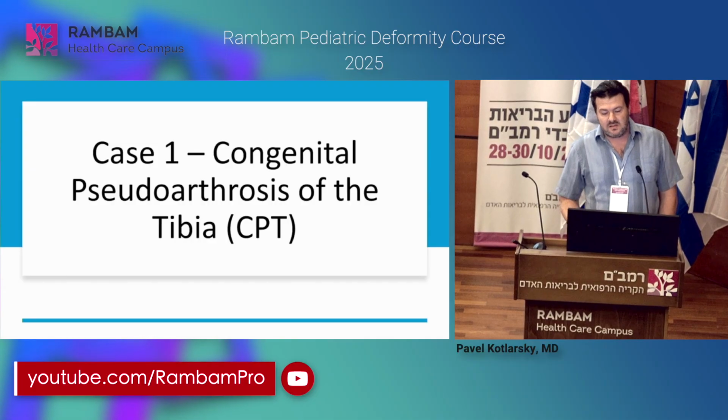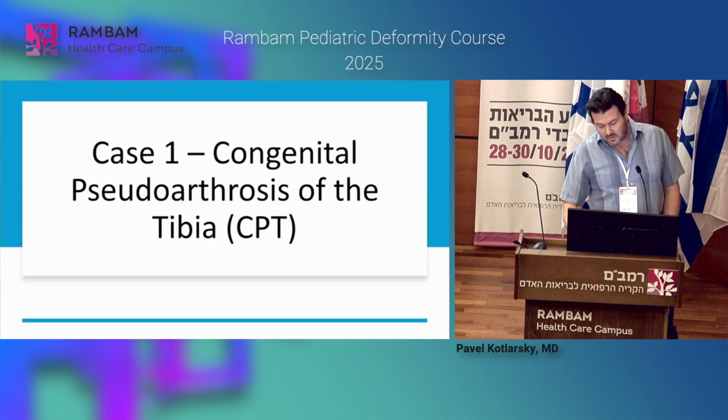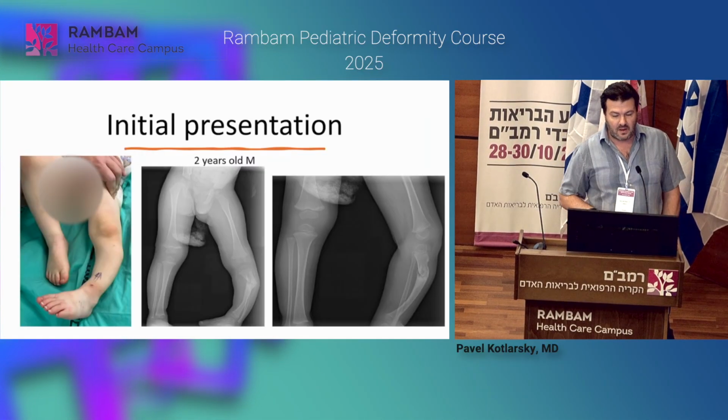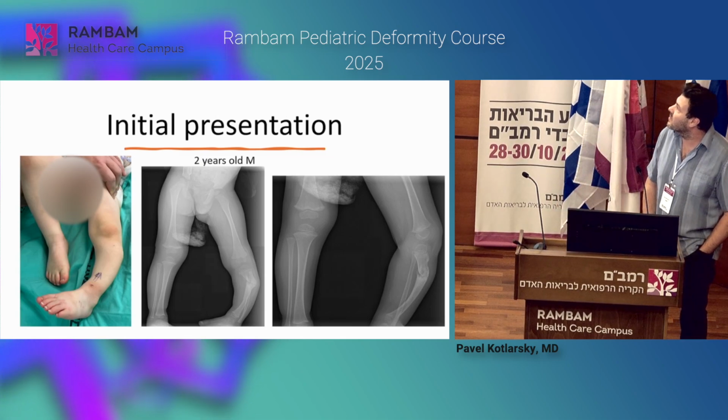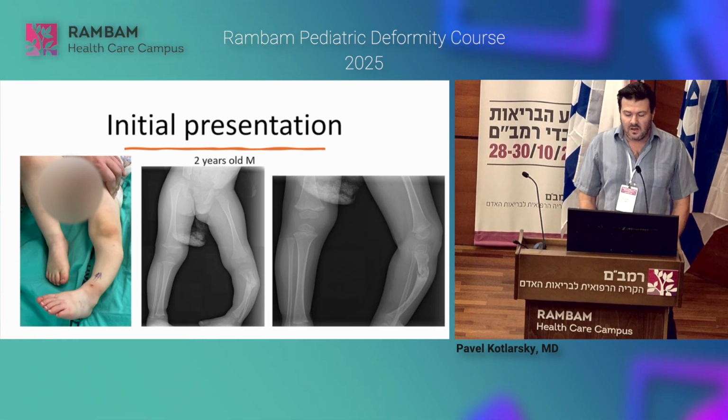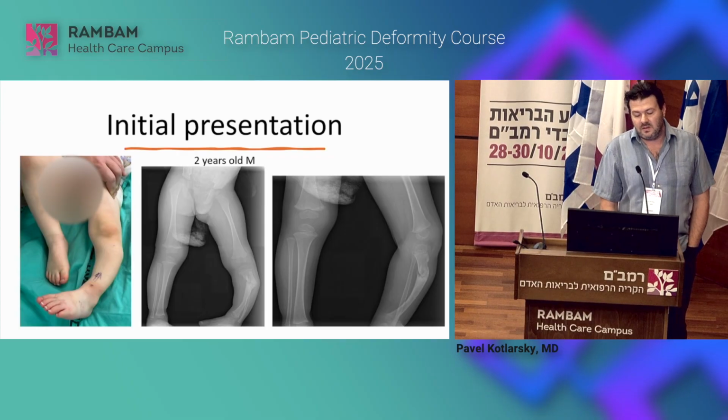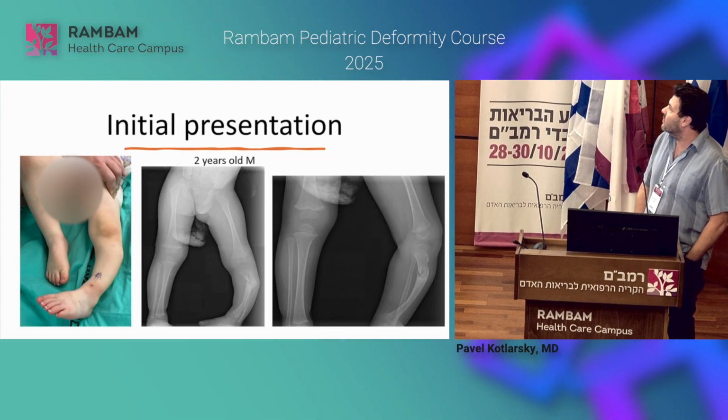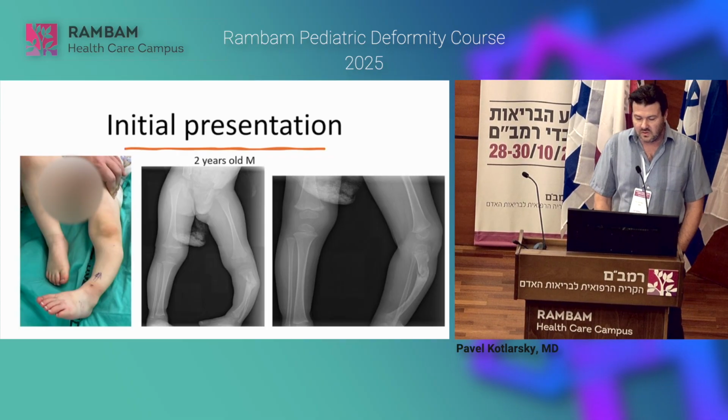So the first case is a patient with congenital pseudoarthrosis of the tibia, and this is his clinical picture and the x-rays. What you can see on the x-ray is that it's a hypertrophic pseudoarthrosis, which is a...